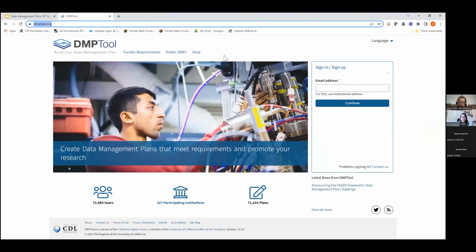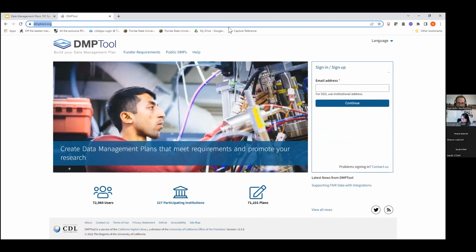So when you get there, this is what the homepage looks like. And if you've used this tool before or have looked at it in the past, you may notice that the homepage looks a little bit different than it used to. The tool has done a really nice website refresh, and they've added some nice quality of life features that make navigating it a little more straightforward, a little more seamless than before. So just in exploring it, I've been pretty happy with some of the changes that they've made to navigation and